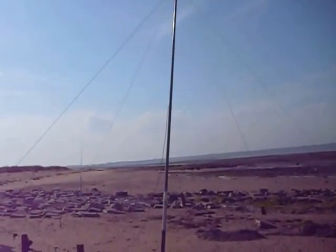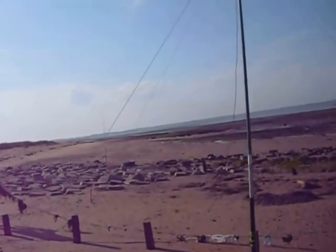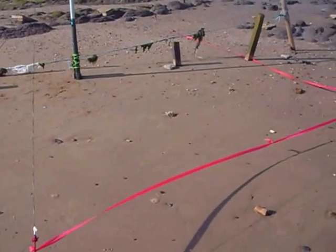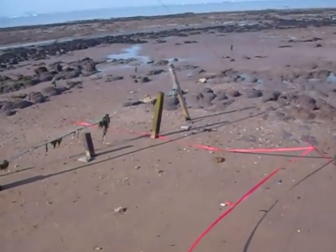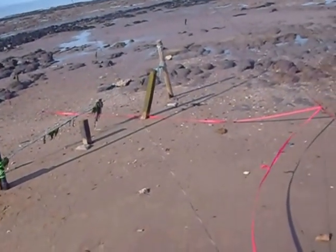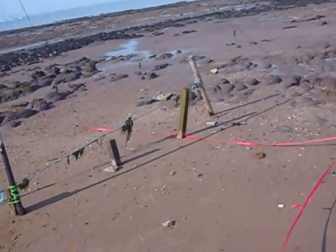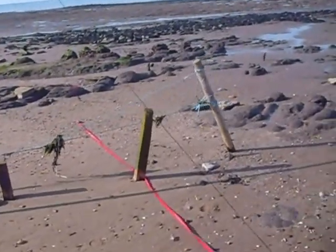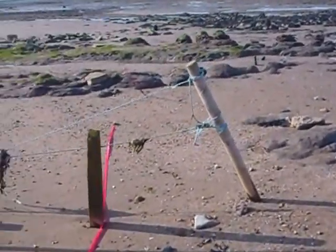That's my quarter wave elevated ground plane antenna, and I've come out with some ribbon today that one of my friends, who is a RaNet member, gave me, so that nobody will trip over and hurt themselves and hopefully not sue me either, so that's a good thing. So I've got that up today,